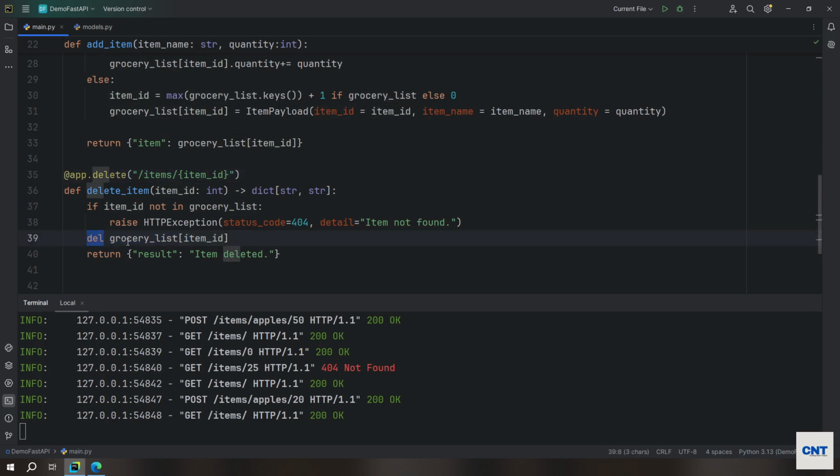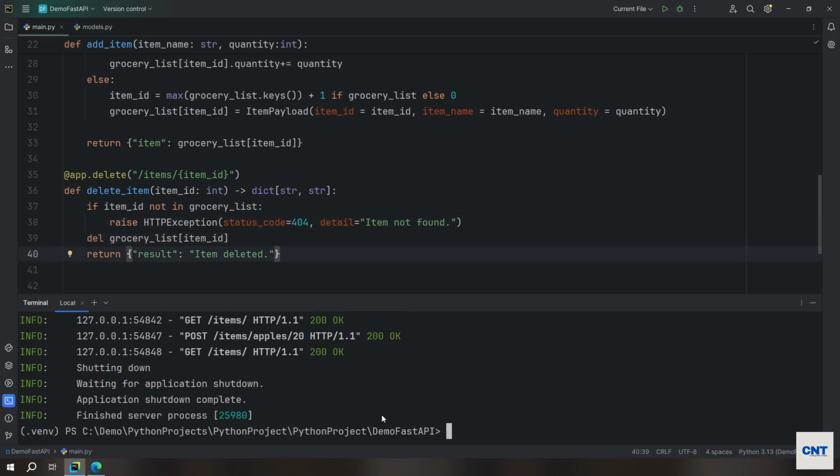We are using the del keyword to delete this particular item, and it will return that item deleted. If the item is not present in the grocery list object, then we are going to get item not found. If you rerun your API again,